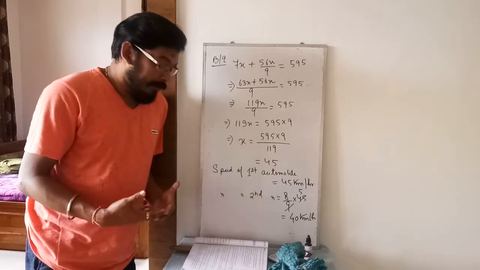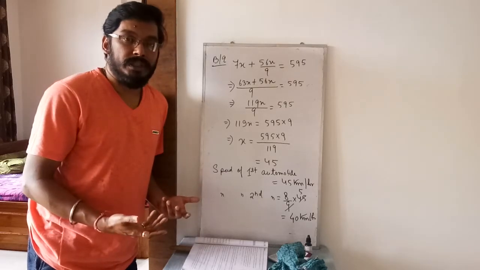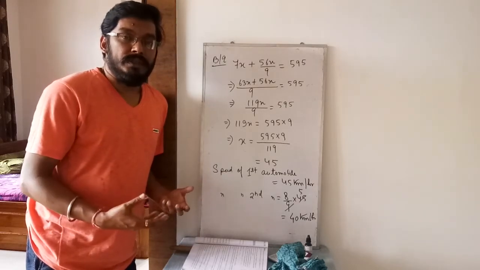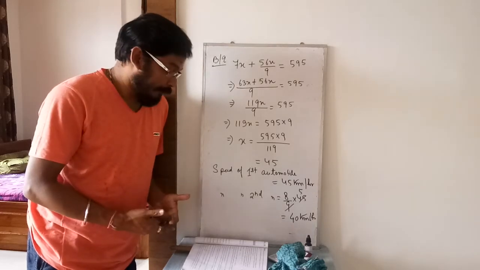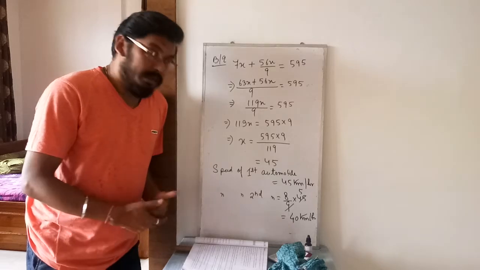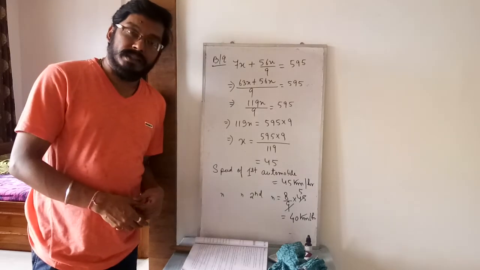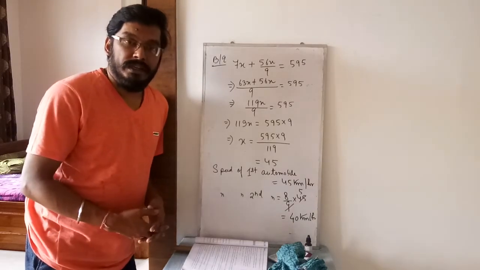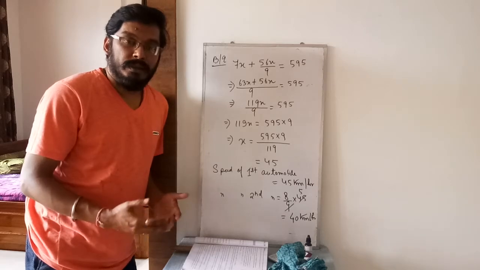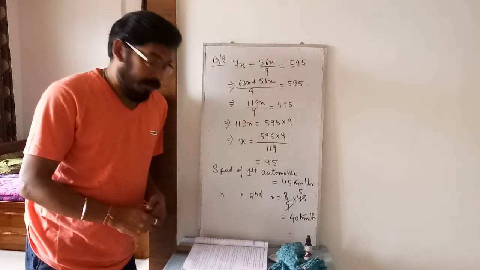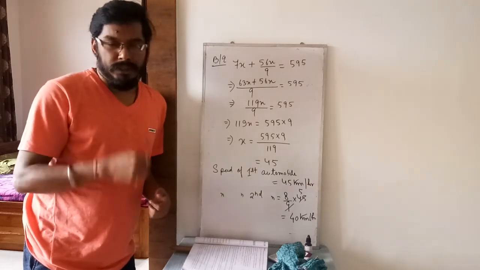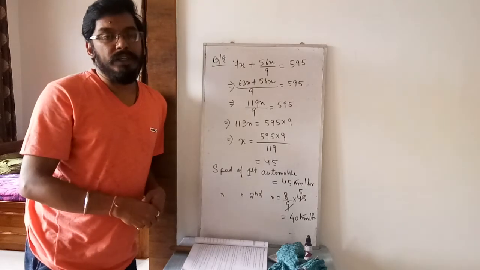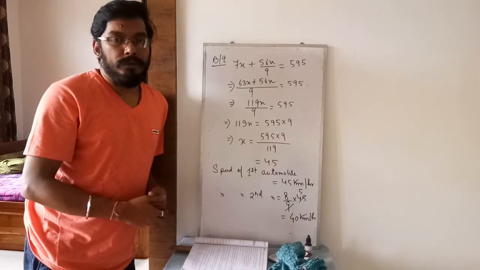They have traveled for 5 hours, so I have found out the distance. When I added up the distance, I got the total distance which is mentioned in the book, 425. Question number 18, first car speed I have taken as x, second one is 8 by 9 into x. So both the car speeds we have done. Then we find the distance traveled. The distance formula we know, speed into time.